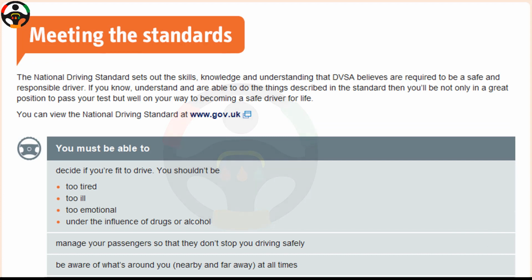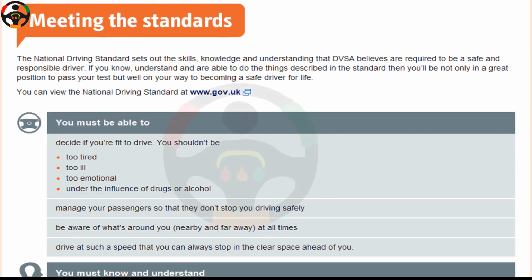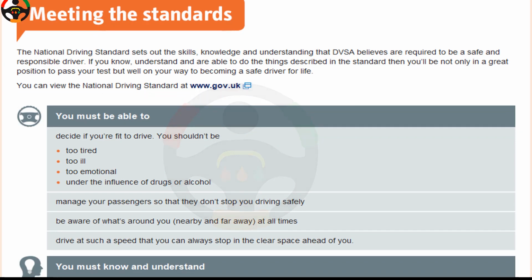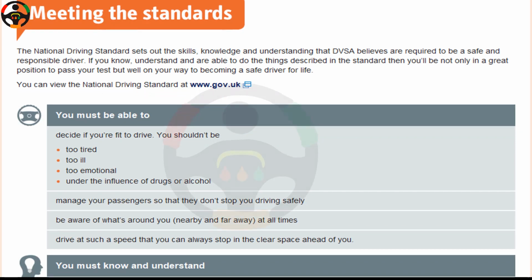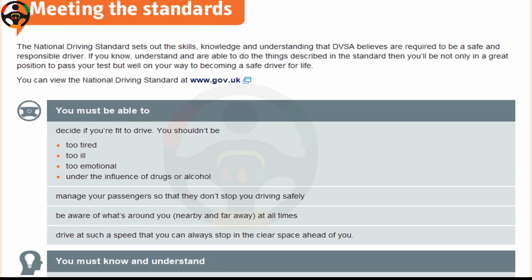Meeting the standards. The National Driving Standard sets out the skills, knowledge and understanding that DVSA believes are required to be a safe and responsible driver. If you know, understand, and are able to do the things described in the standard, then you'll not only be in a great position to pass your test, but well on your way to becoming a safe driver for life. You can view the National Driving Standard at